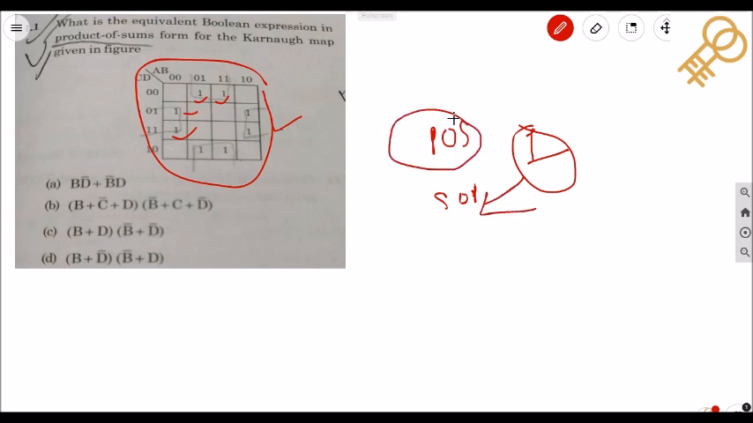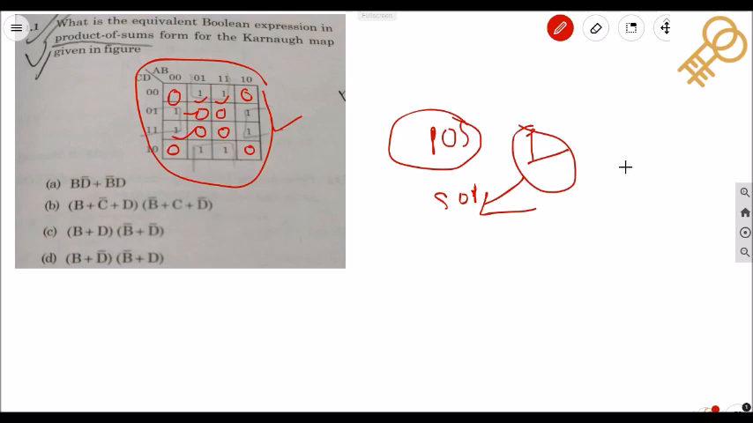Now they have asked in the POS form, so what we will do is replace the blank boxes with 0, because there will be 0 only. 0 0 and 0, and here also 0 0, and this is also 0, right? So see,